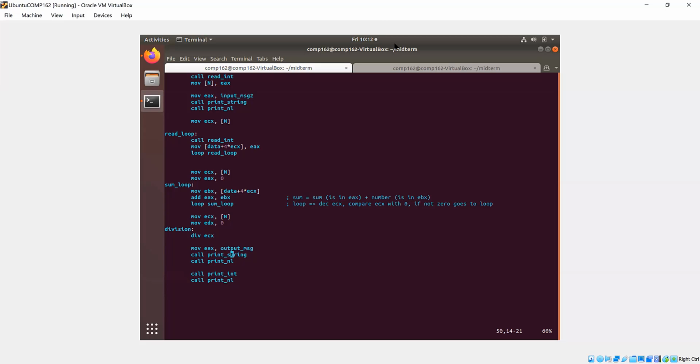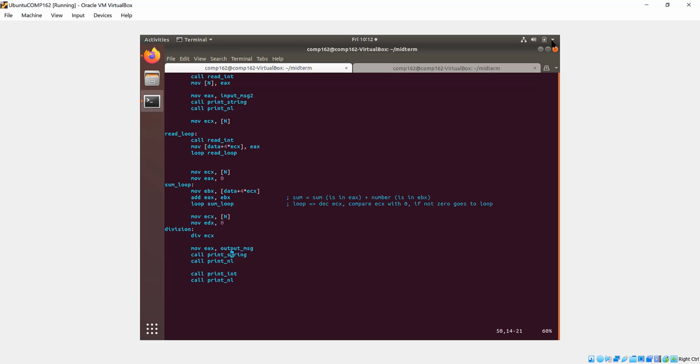Is it because ECX is not in brackets? No, for ECX, you don't need a bracket, because the content of ECX is the value n, right? And if you wanted to use ECX to point to a memory location, you need to put the bracket. In here, we need the content of ECX. Therefore, we don't need to use a bracket. Any other